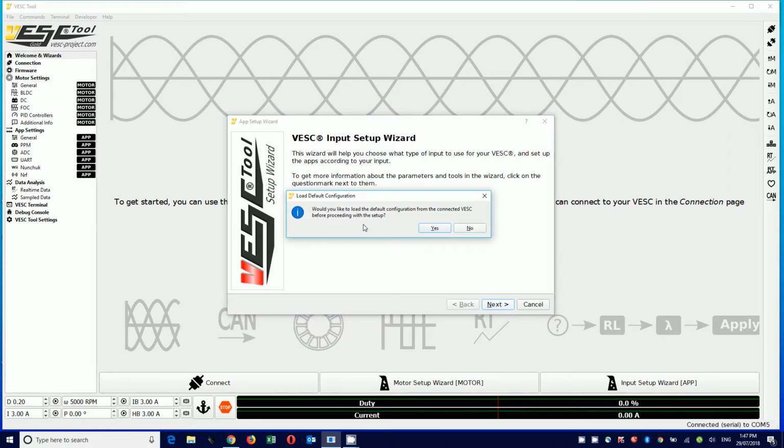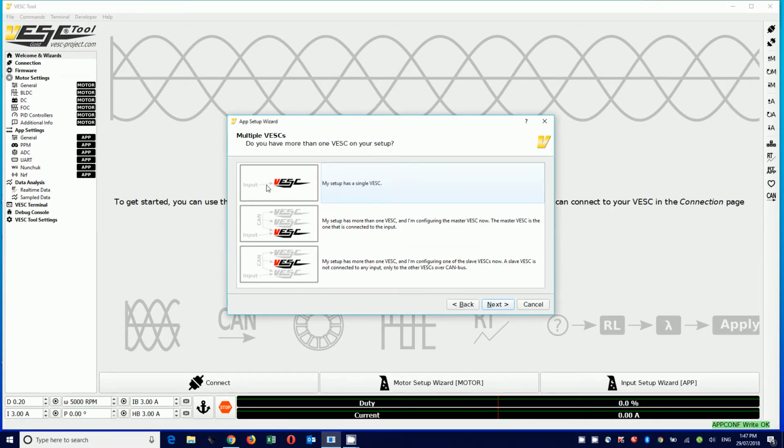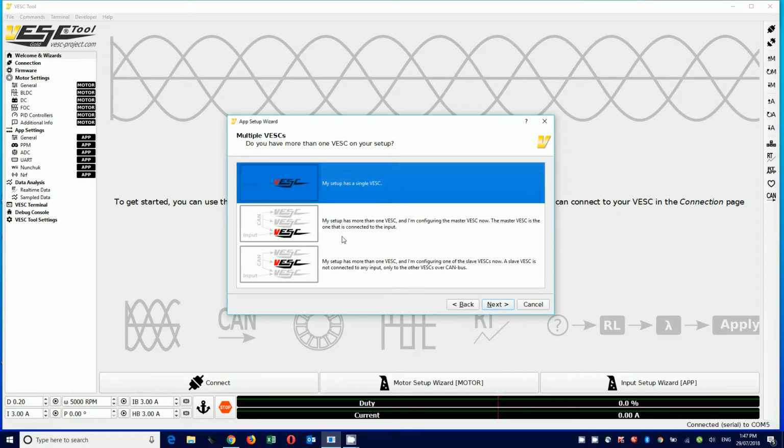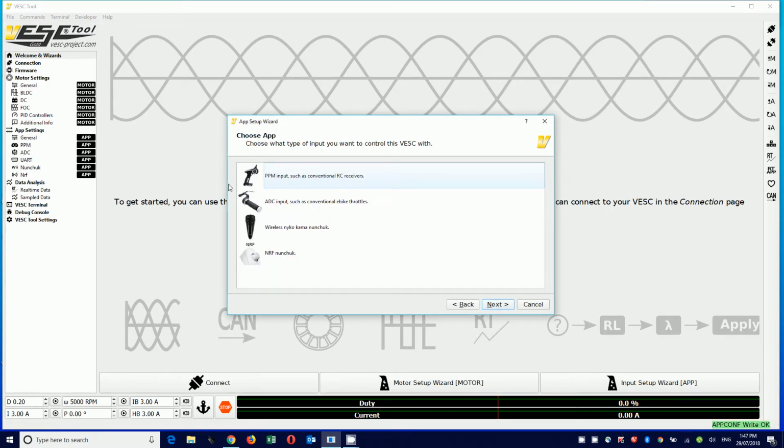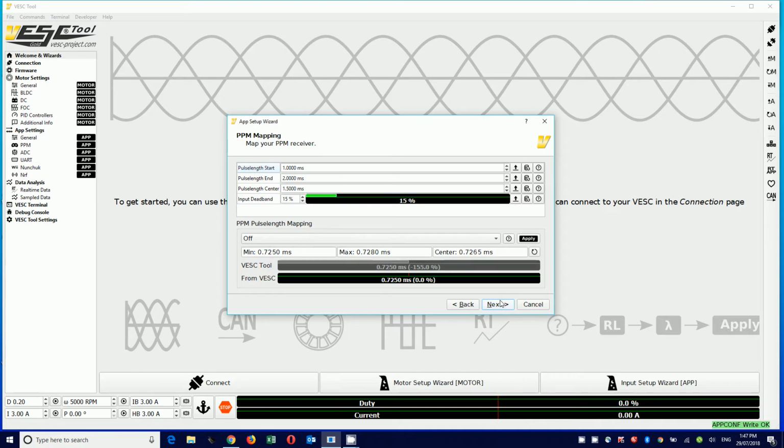Click next. It asks you if you'd like to load the default configuration. We'll say yes, and we shall use the single Vesc setup. Next. And also we'll use the ppm input. Next. And so now we're greeted with the ppm mapping page, and the first thing you'll see here is that